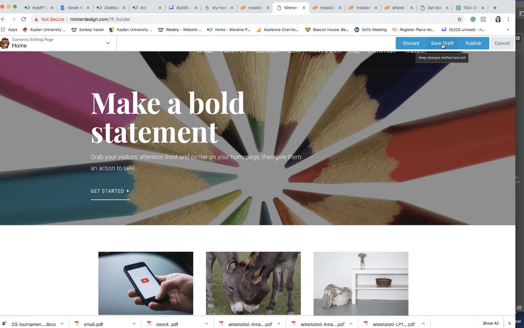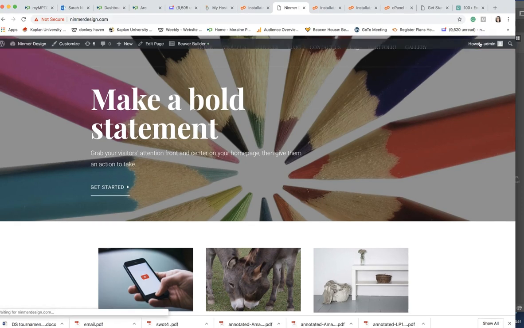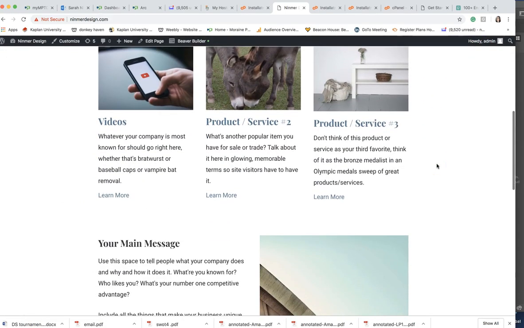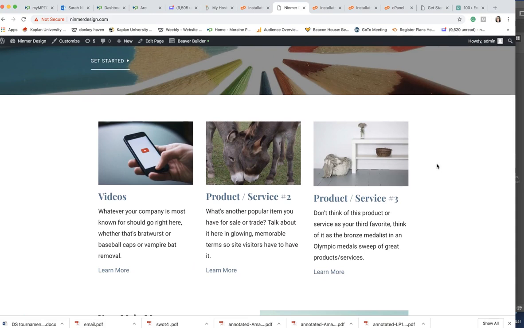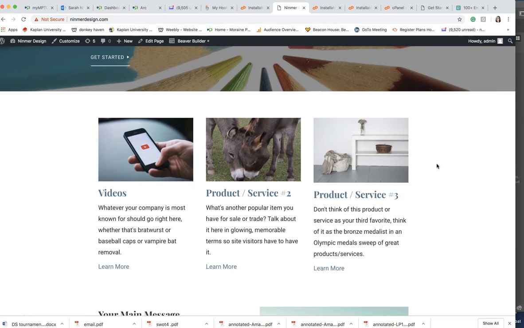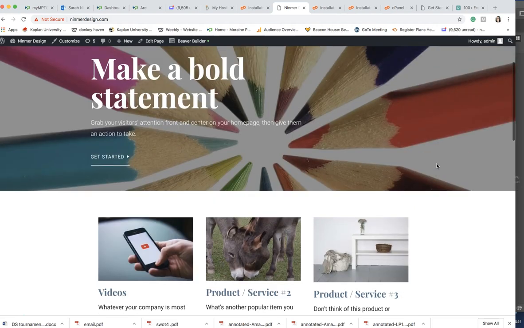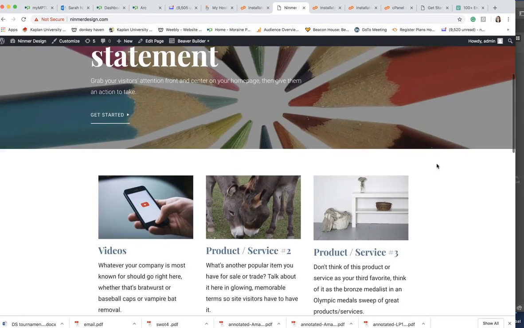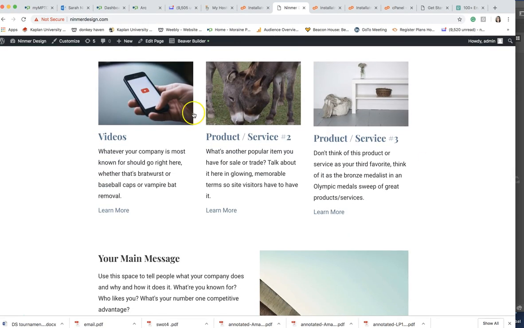You can save it as a draft or publish it. I'll just publish it because it's fine. You can always change it after you publish it as well. Sometimes you might want to save a draft if you're working for a client. And, you know, obviously if you're changing a live site, you don't want to change it unless it's for sure. So lots of times what people do is they have a test site and then a live site, and you do your test work, get approval, and then you actually have to kind of do it again to make it live or push it through. So there's many ways to do that too. So you can kind of see